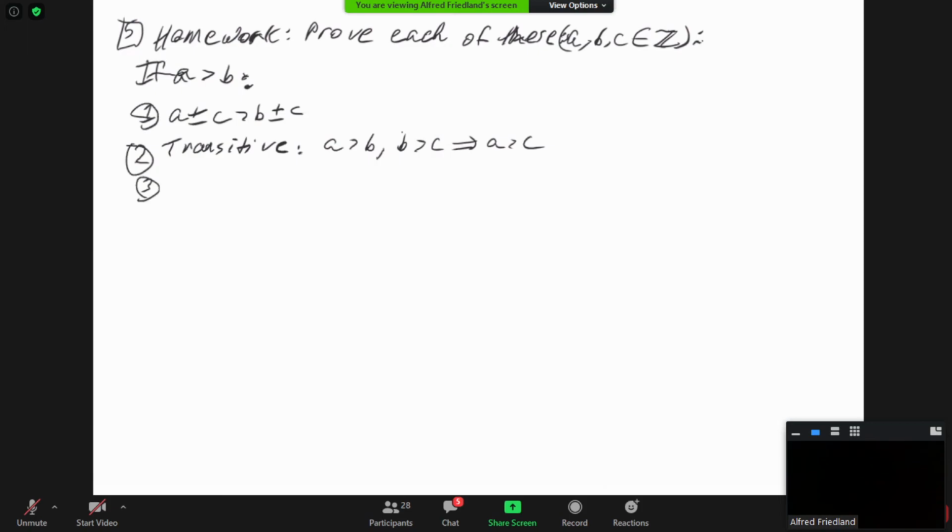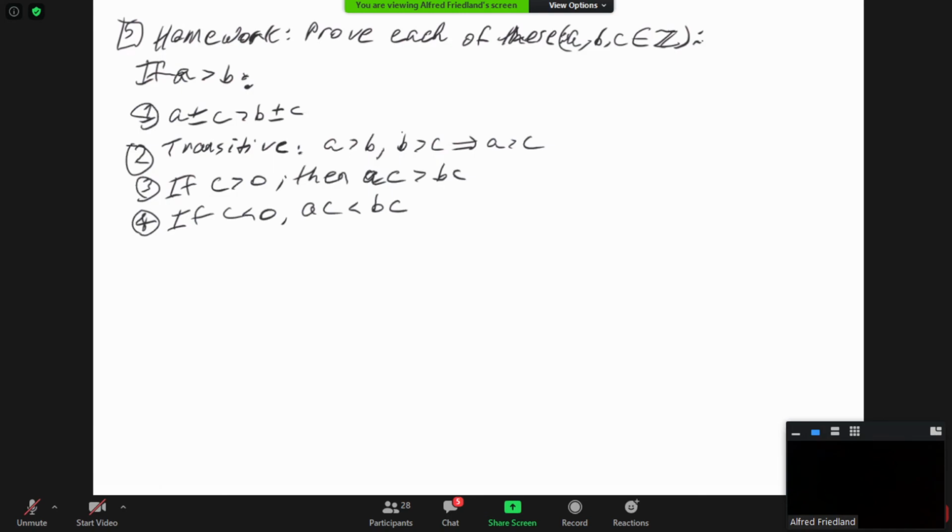Property 3. If C is positive, then AC is bigger than BC, but if C is negative, then you reverse the inequality sign, and you get AC is less than BC. So in property 3, we say that multiplication by a positive number